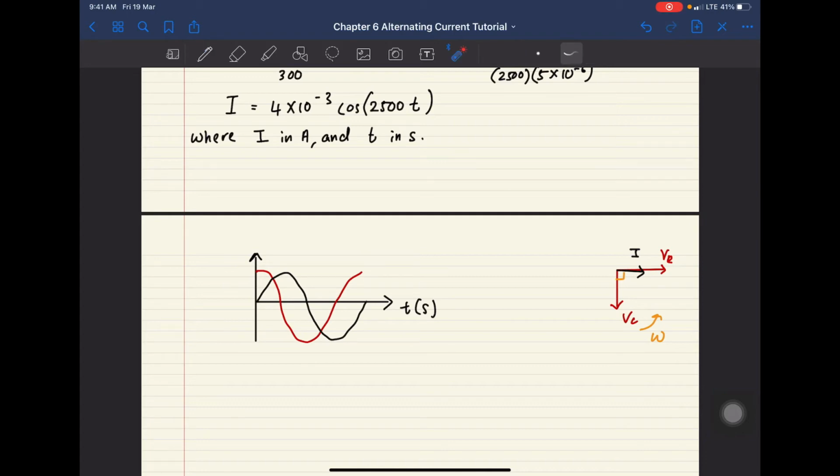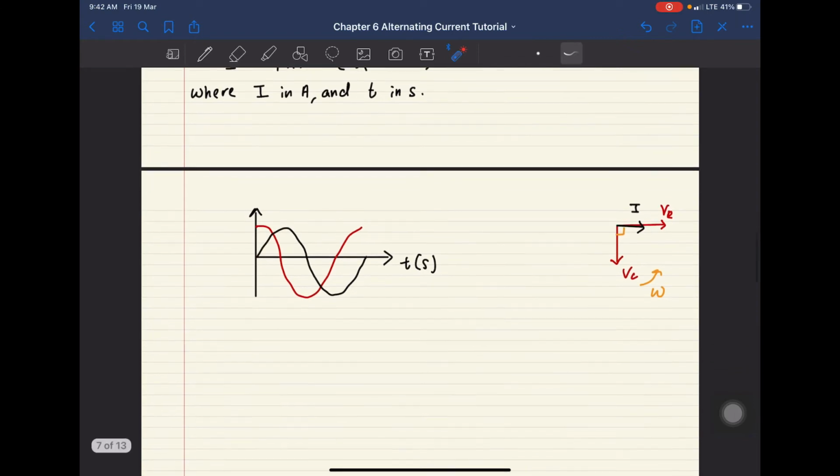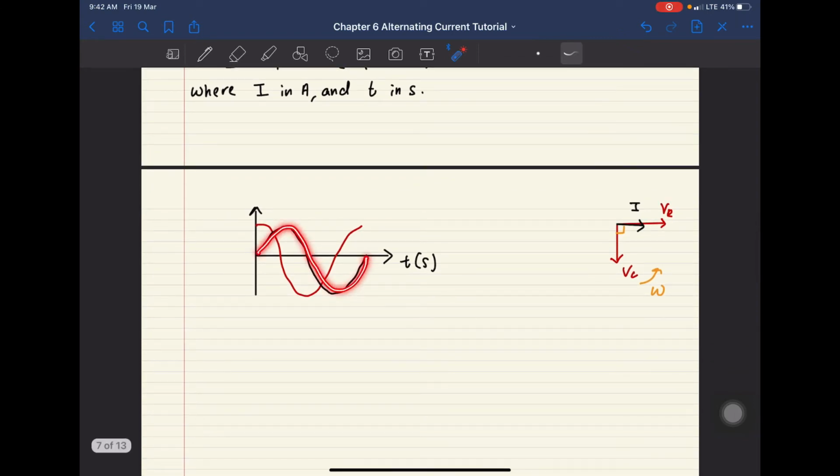So if I were to explain more, the voltage is already at the maximum, the current still, the VC is still at the minimum, and then VR starts to move and go to the minimum. VC now starts to increase to the position of VC just now. So that's why it's always lagging. So you can see clearly this is a sine graph. So if I were to write or use the general equation, it will be